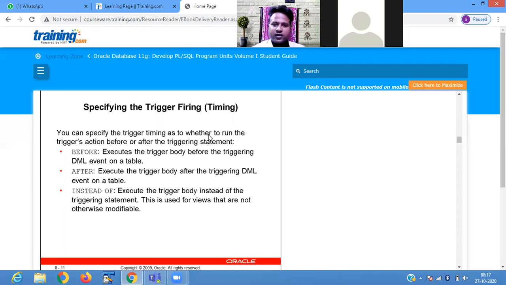If it is reflected to the main table or master table, then it cannot happen directly. So that is why we are using instead of trigger. By using an instead of trigger, when you do any kind of modification on the subset of data, it is also reflected in the main table. So you cannot do any kind of modification in the view directly. For that reason, we are using instead of trigger here.